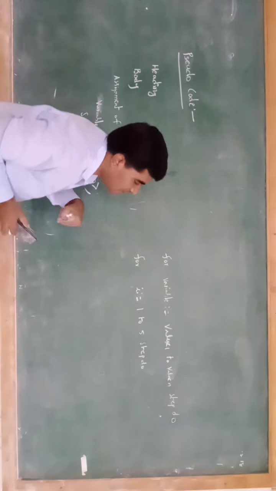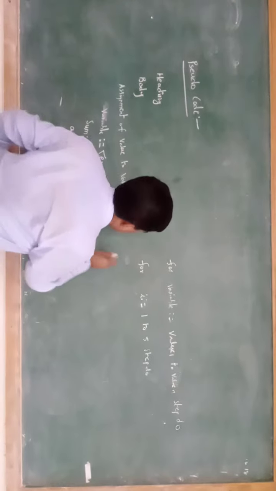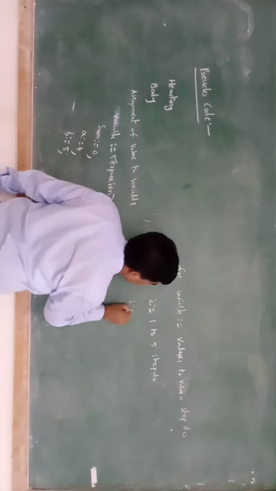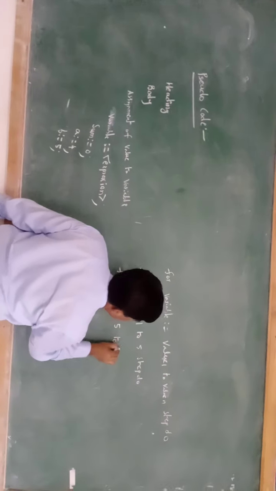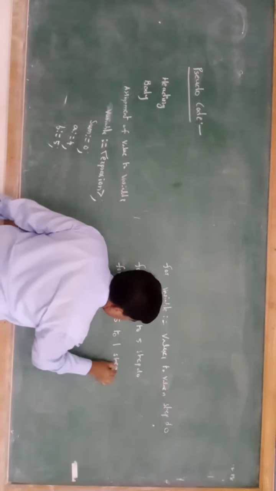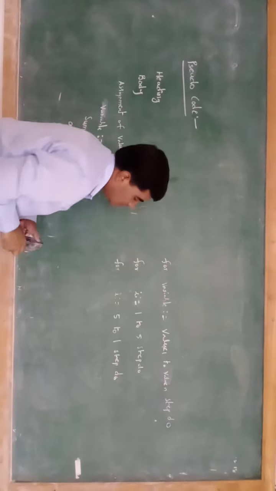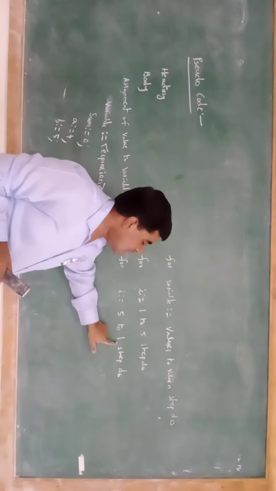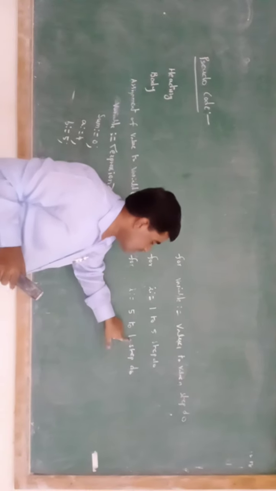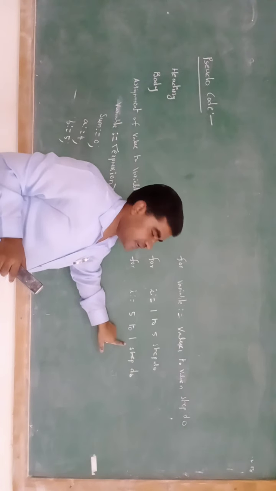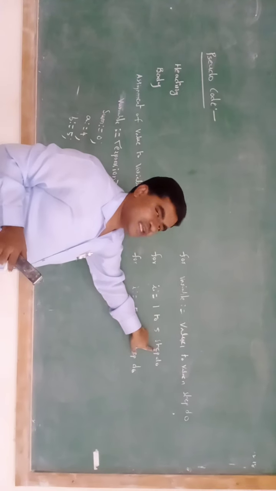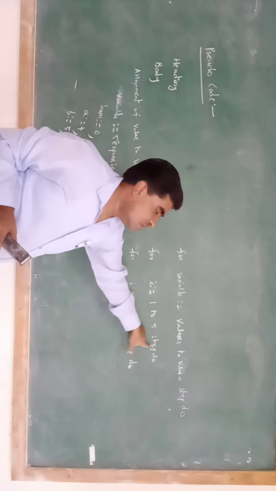Suppose you want to write a decremental value, what do we have to do? For I := 5 to 1 step 2. What does 5 to 1 mean? It starts from 5 and decreases one by one, ending at 1. So here step indicates the decremental value, whereas earlier step indicated the incremental value.